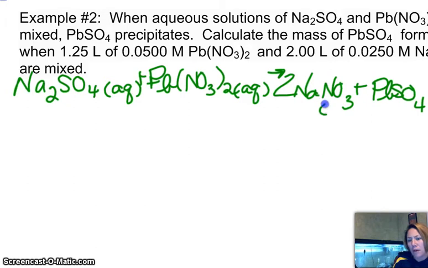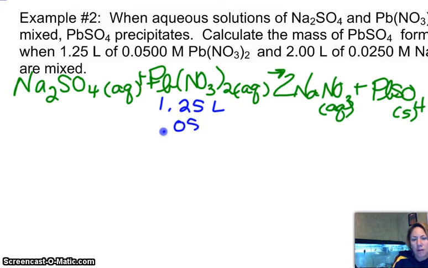We should apply our solubility rules to our products here. All group 1 compounds are soluble. And they already told you that lead sulfate is a solid. It's a precipitate, which means it's a solid. So I write the given information under what's given. I like blue for that. So I'm going to take 1.25 liters of 0.05 molar and 2 liters of